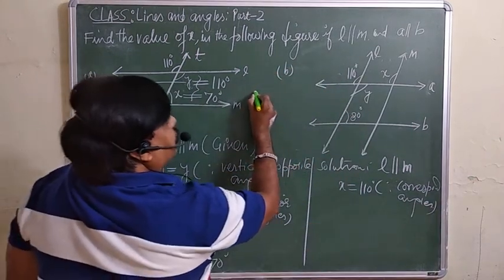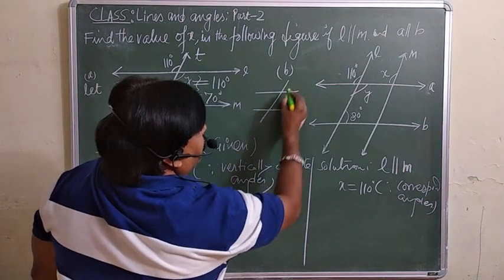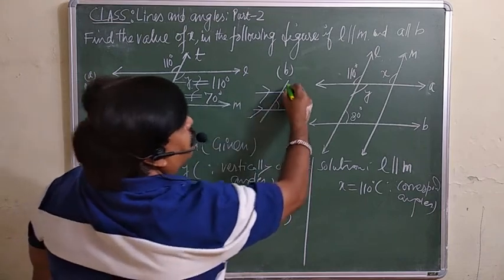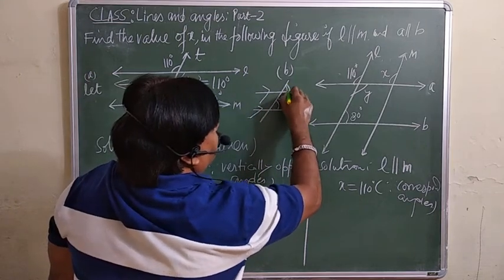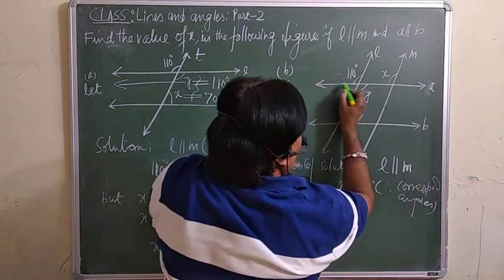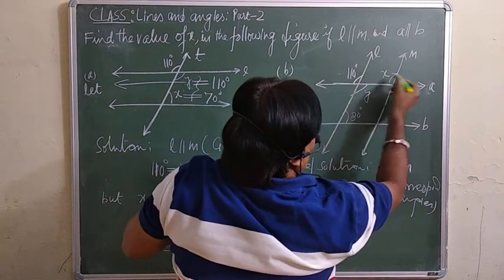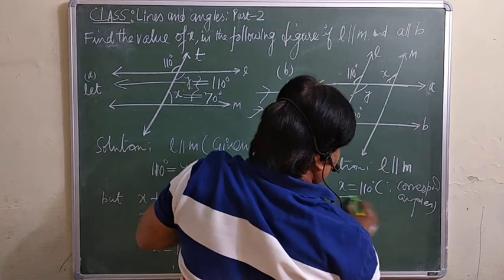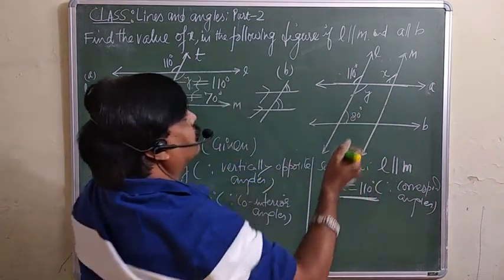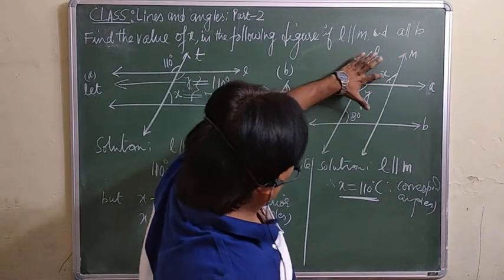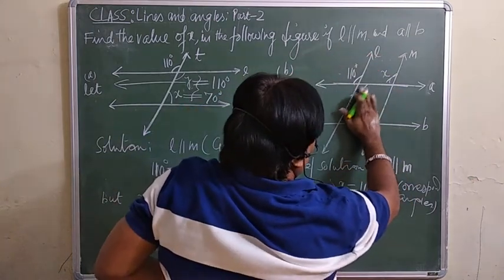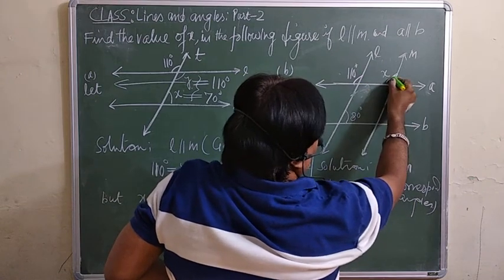If two lines are parallel, then their corresponding angles are equal. This angle is equal to this one. This line is parallel to this. ये angle इसके बराबर होता है. They are known as corresponding angles. So look at here. These two are parallel. This is your transversal. So this angle will be equal to this one. So you know the value of x now. See, now we want to find out just only this x. So directly you can find it out here.